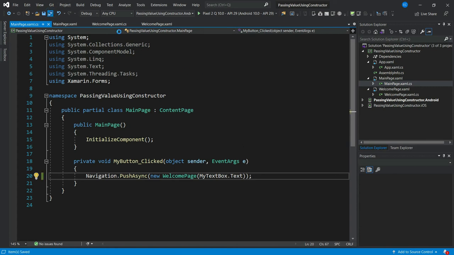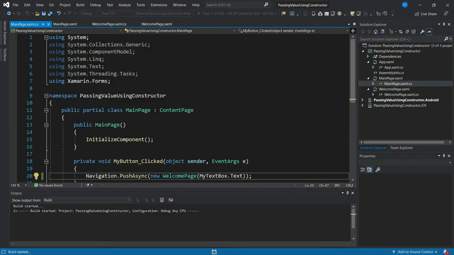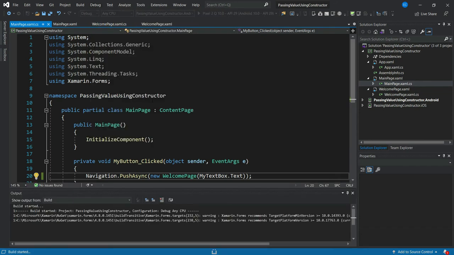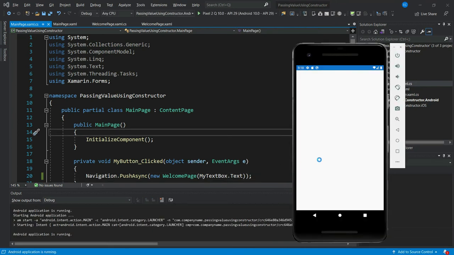So save everything, go to debug and click on start without debugging. This will execute our Android project. So here it is, the application with a main page showing enter your name as a text box and a button.